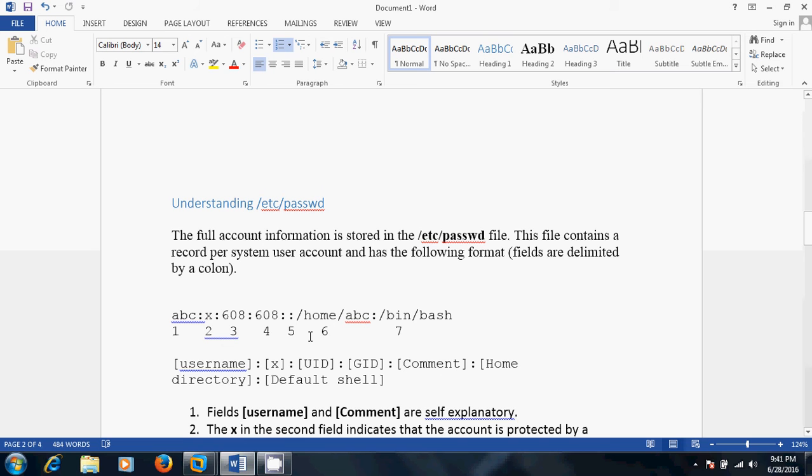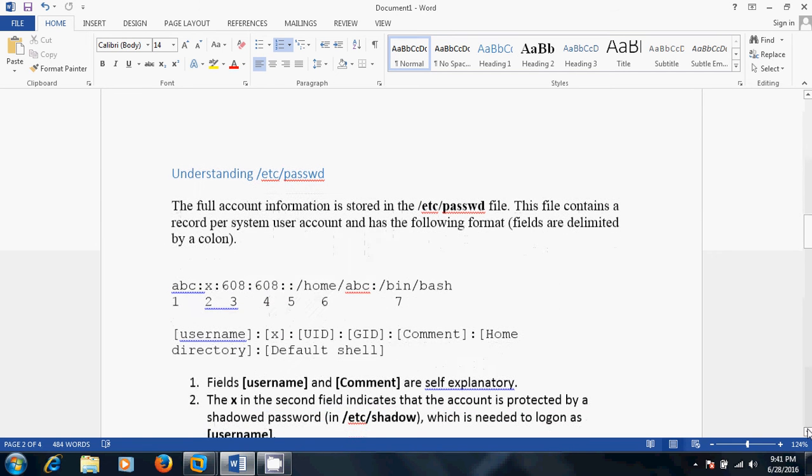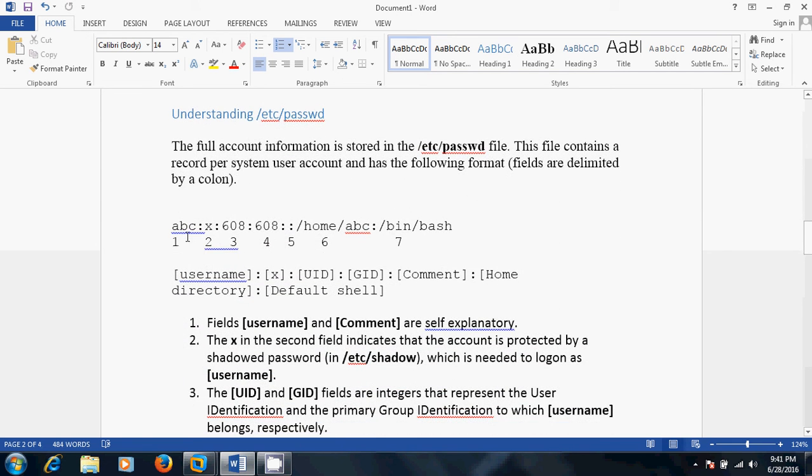/etc/passwd. The full account information is stored in the /etc/passwd file. This file contains a record for each system user account and has the following format. So this one is the username.